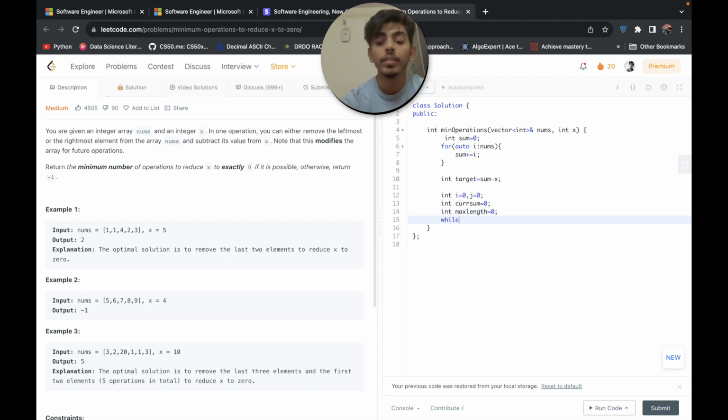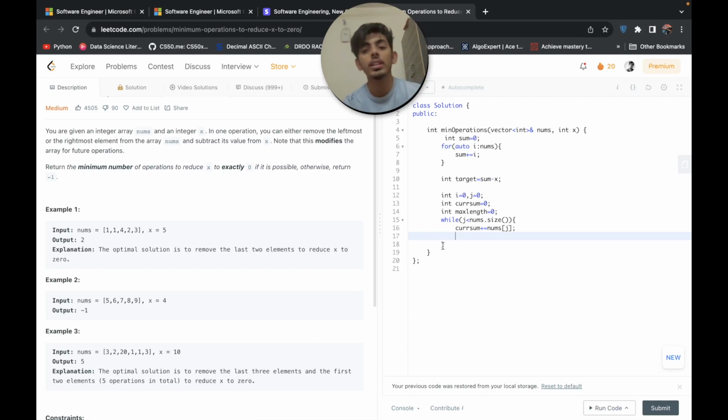After that, we will make a while loop which runs from j until j is less than nums.size. After that, we simply add the newly added window element, nums of j, to our current sum, and we'll check.